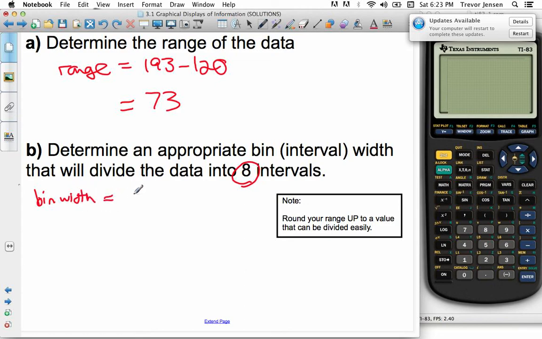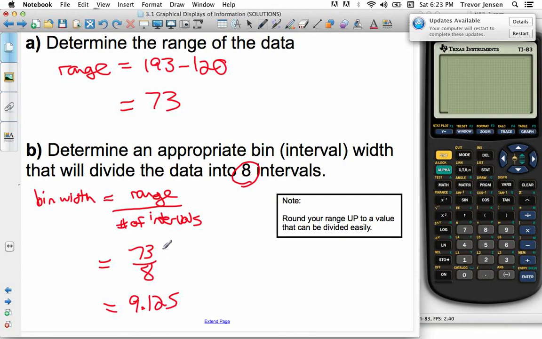And what we could do, we just have to take our range and divide it by the number of intervals we want. We want 8 intervals, okay? So I have to take my range and divide it by 8, and that'll tell me how big the intervals need to be so that it'll cover exactly the range from 120 to 193, okay? So I could do 73 divided by 8, and that'll give me a value of